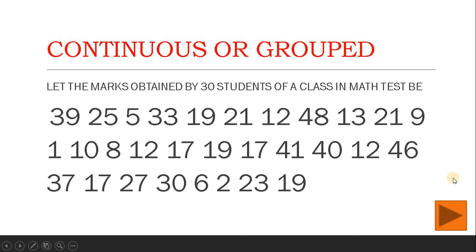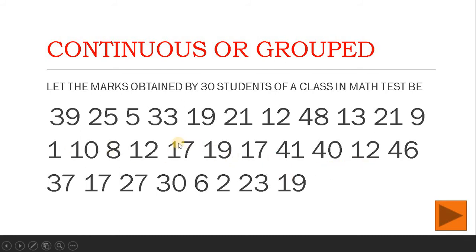Let's continue. Let's now go to the continuous or grouped data. So in this example, you can see the data has too many numbers. Unlike before, in the discrete, there were only fewer numbers, and the minimum and the maximum were not really far away from each other. But in here, let's say the minimum number is 1. And the maximum number could be